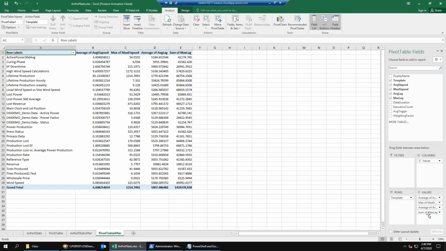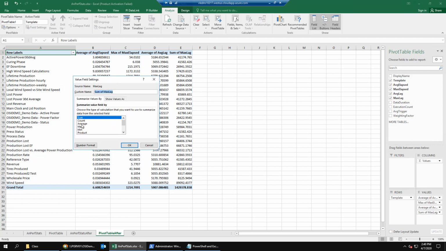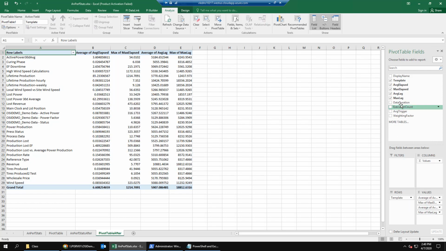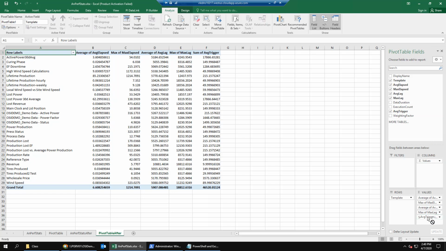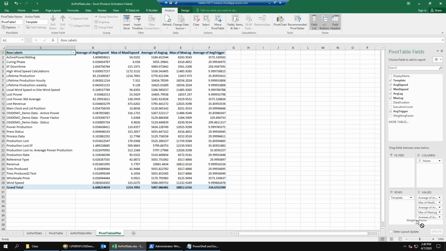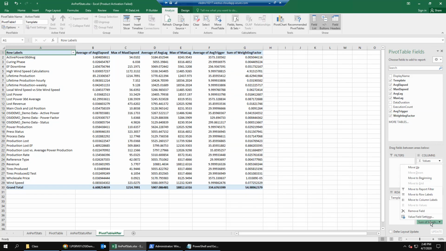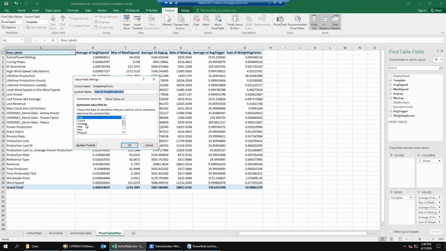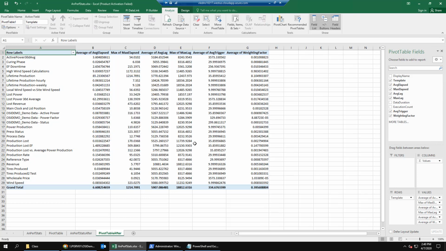We're going to drag average lag down, and change this to an average. We'll drag max lag down and change it to a max. We'll drag average trigger to values, and we'll change it to an average. And finally, our weighting factor. We'll change that to an average.